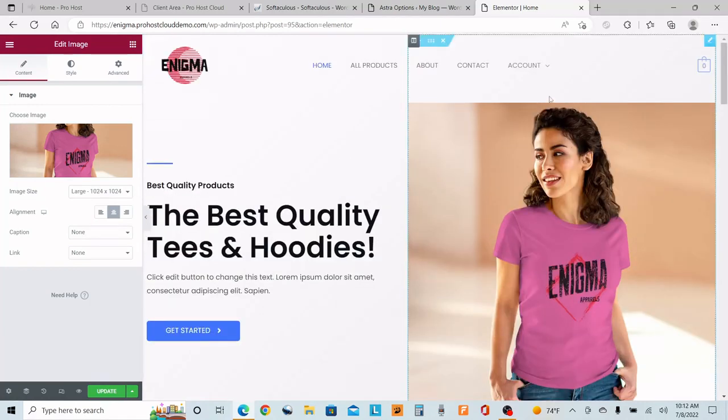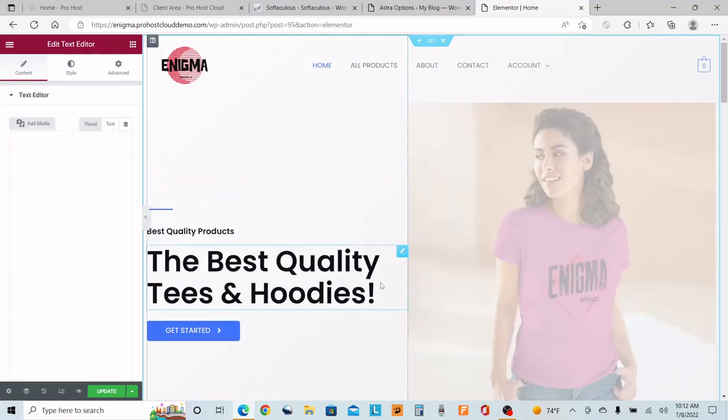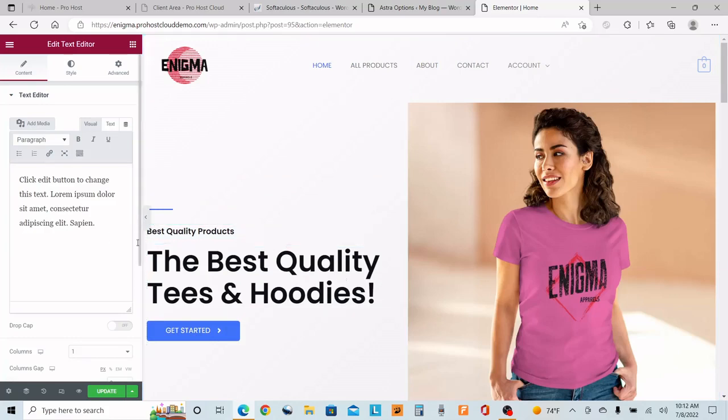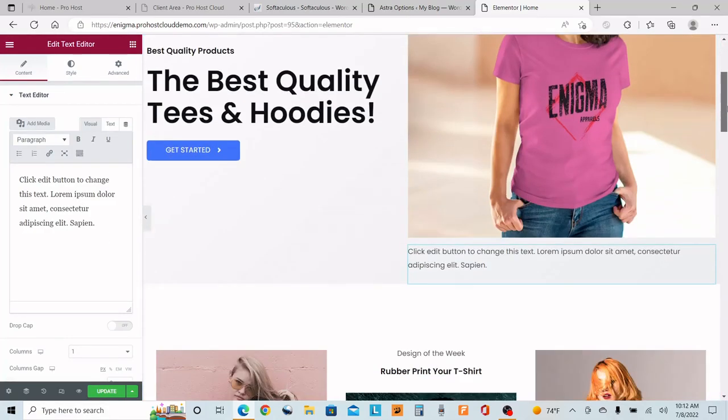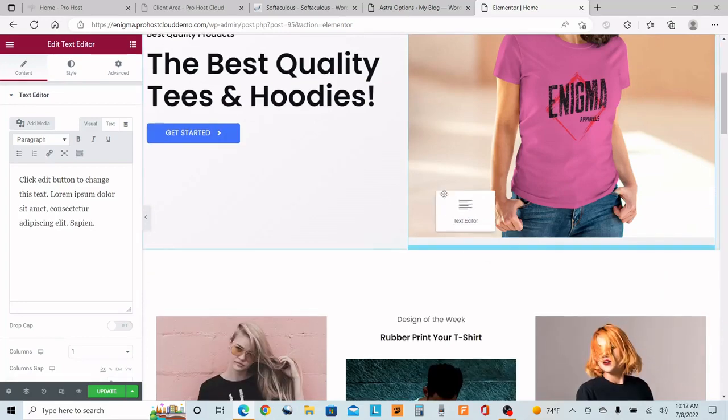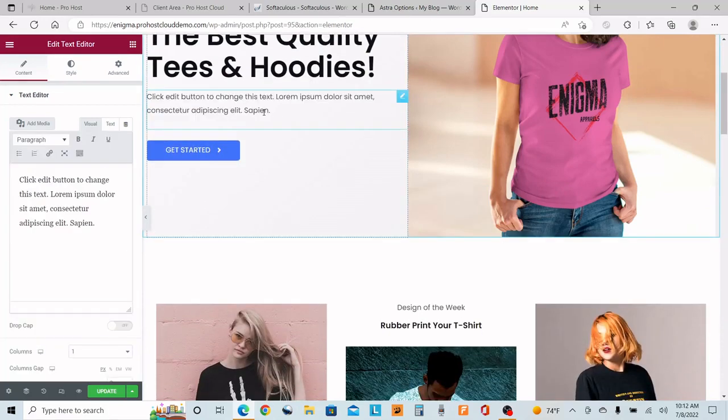All right, so far what we did: we put our logo up. We changed this. We left best quality products. And we still have to edit this here. So you just click the... Oops. Where did that go? We're going to move that. We're going to just click and drag that back up here. All right, and we're going to say